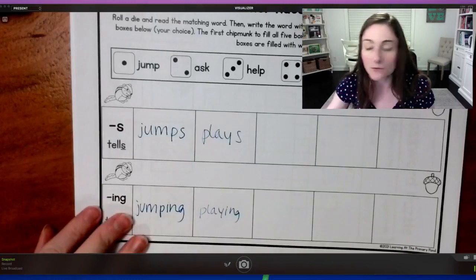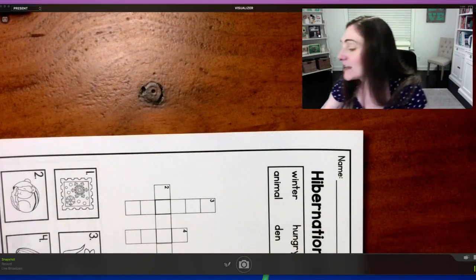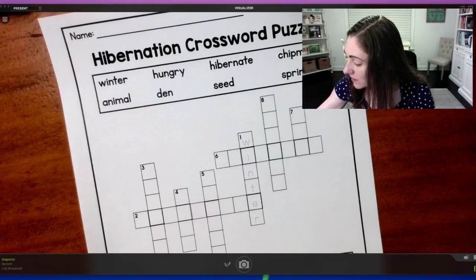Right? So very simple. Still turns it into a little game, but socially distanced. All right, so the last little thing I want to show you here before I show you the login is